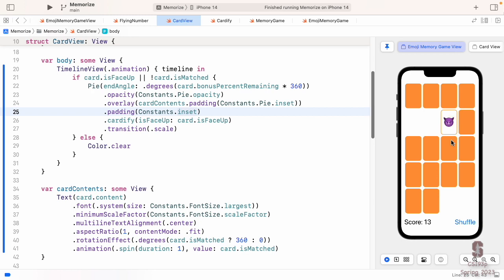And this transition mechanism is a really cool way when you have a view that you want to wholesale disappear or appear or fly away or something like that in your UI. Make sense? We're going to do more transitions, but I just want to do a quick intro here that's really clear about what's happening. All right, last thing I want to do here is dealing the cards out.